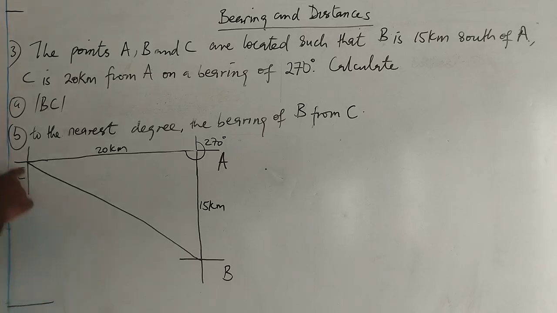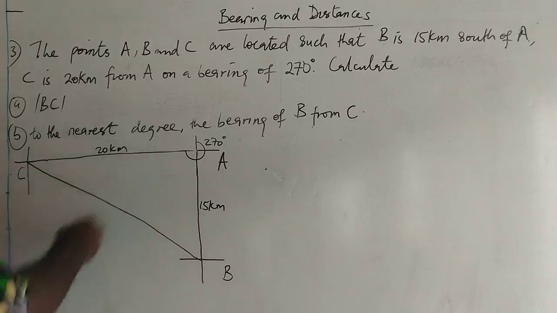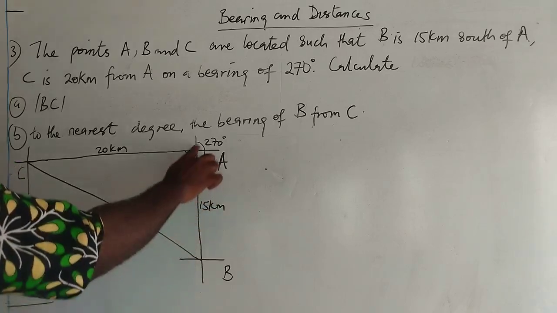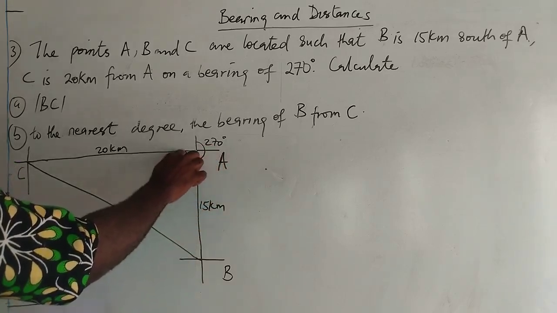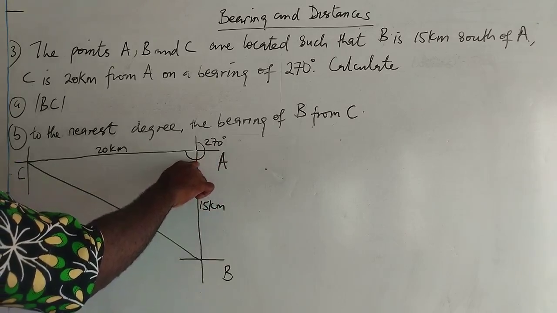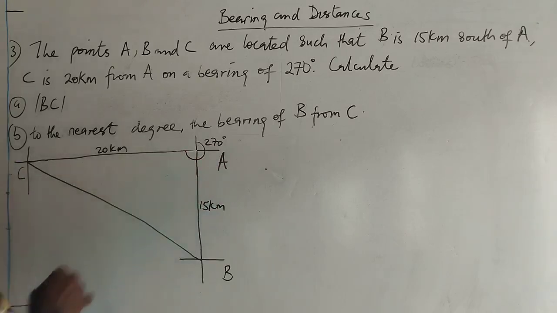It says find BC. Find this distance, BC. Of course, we're going to use cosine rule as well. Before we do that, let's get our included angle, the angle facing the missing side. This case is simple in the sense that since everything is 270, it passed 180, it ended at